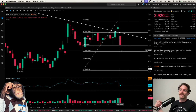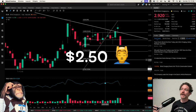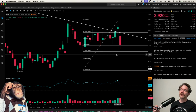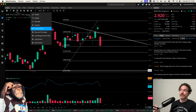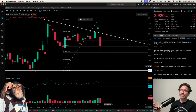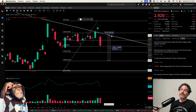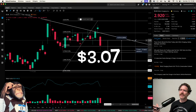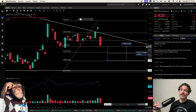But if 2.73 does not hold, 2.488, right around $2.50, psychological level there, that corresponding with the 0.786, if that holds, that could be a really nice dip buying opportunity before we do test the top of the wedge, which, quite realistically, might get rejected from the top of the wedge, or top of the triangle, I should say. But if a dip buy is made, an order is placed at right around 2.50, that represents testing the top of the wedge, let's say going back to the 0.382, that's at a price of $3.07. Let's say even just going back to the 50% retracement at 2.90, testing the top of the wedge there, further,